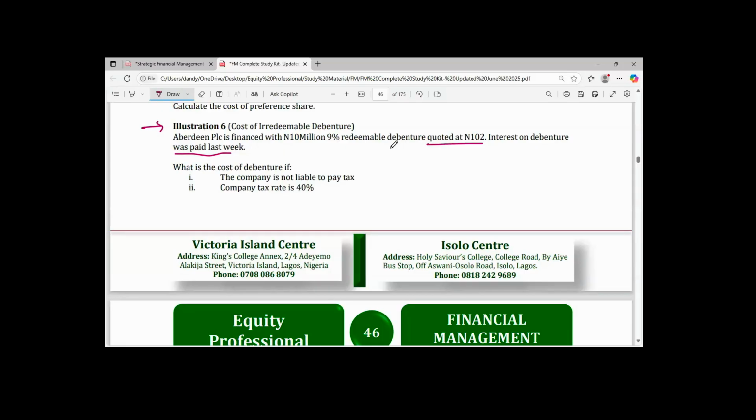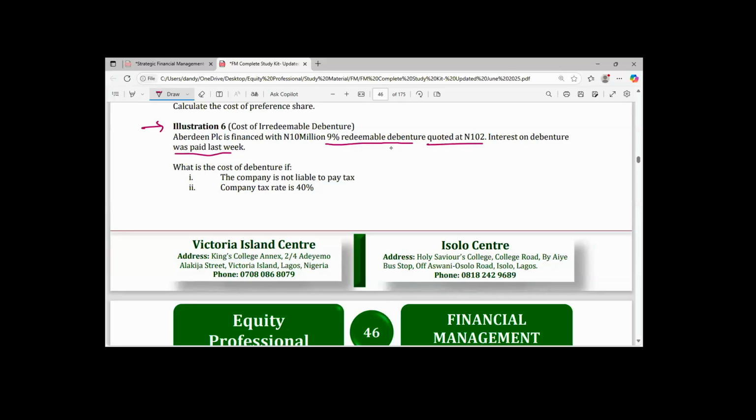All right, thank you very much, Ogechi. In this question, the examiner told you that the company has 10 million 9% redeemable debenture. The examiner has called it redeemable debenture. Debt will only be redeemable if the redemption date is given to you. I mentioned it when we had cost of redeemable preference share. It's the same thing as under debt. So debt will only be redeemable if the redemption date is given. If you are not given the maturity date when the company is expected to redeem the debt,